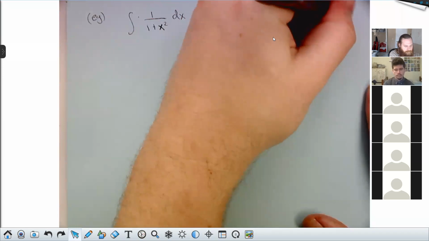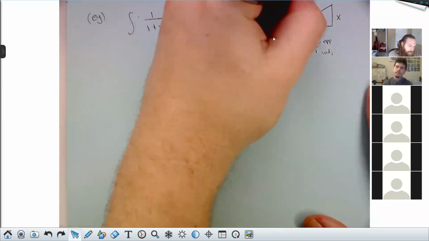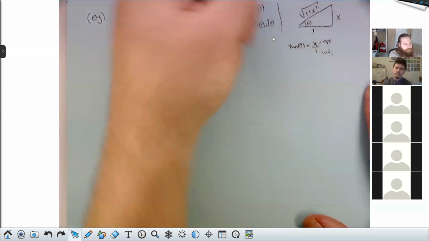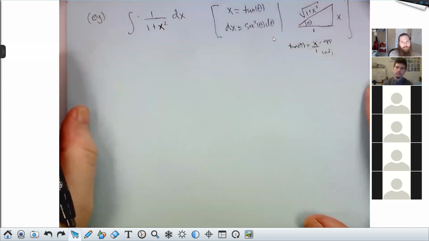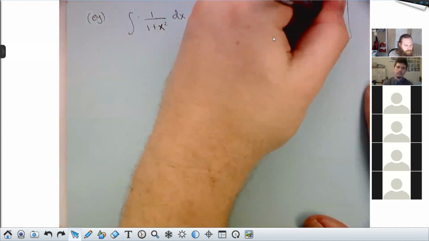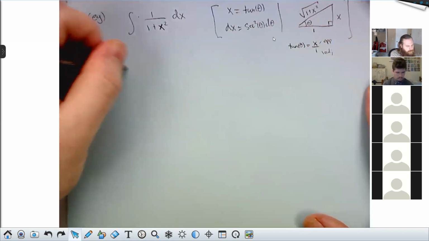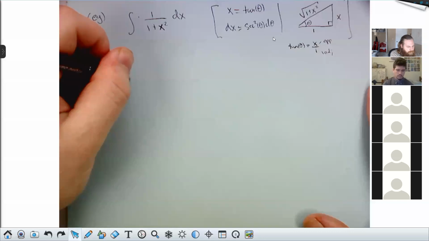So the opposite side is x, the adjacent side is 1, and that makes my hypotenuse the square root of 1 plus x squared. So there's our triangle. It's a right triangle like this. Now, if I go plugging these things in, I'll have 1 over 1 plus x squared